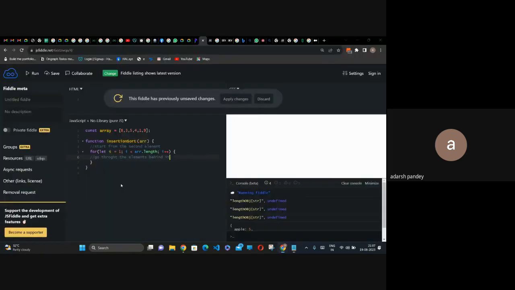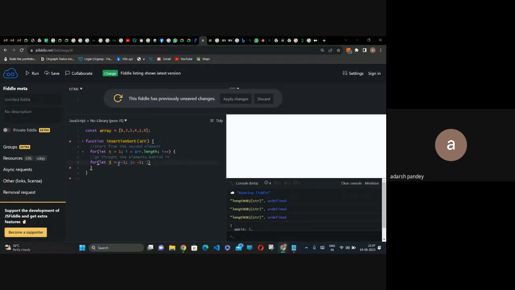ठीक है, तो हम गो थ्रू करते हैं। फिर हमने एक लूप लगाना है जो कि स्टार्ट होगा j से, let j equals to... अब j की वैल्यू क्या हो जाएगी? I की वैल्यू 1 है, तो इसके इधर ही तो सॉर्टेड होगा ना। मतलब अगर मैं इसको सॉर्टेड मानता हूं तो मैंने I की वैल्यू यहां से कंपेयर करी, तो मैं अब इससे इधर की तरफ लूप लगाऊंगा, तो j equals to I minus 1। I की वैल्यू 1 है तो 1 माइनस 1 क्या हो जाएगा, 0। मतलब j की वैल्यू 0 होगी, तो 0 से स्टार्ट होगा, j is greater than -1, मतलब 0 से तो छोटा होना ही नहीं चाहिए,